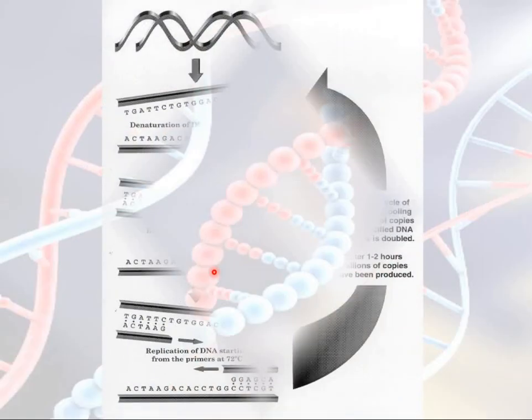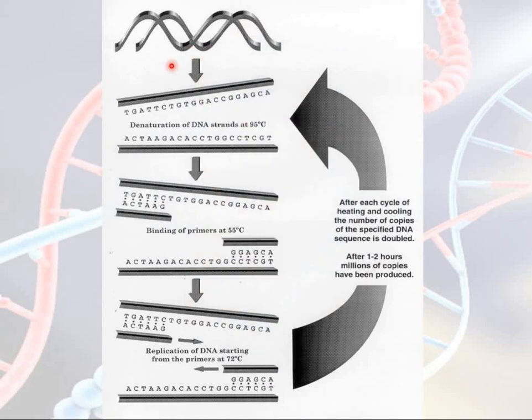So what happens then? Once this happens, initially the region against which you want to amplify your target region will be replicated with every cycle. There will be a copy of it. Every region will be made. So after the first step, as you can see, the two strands will separate.